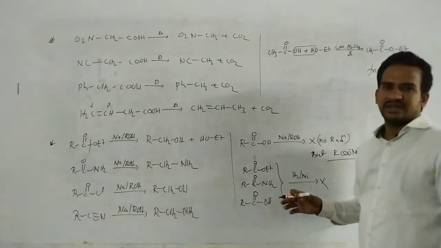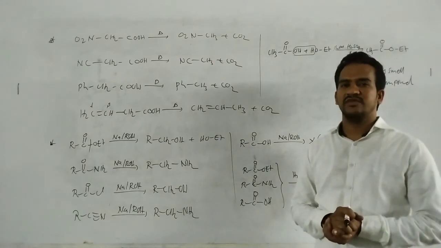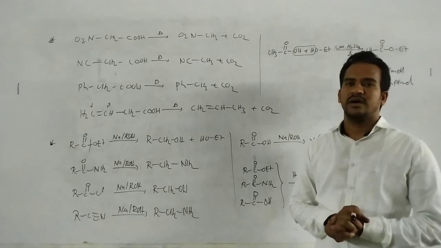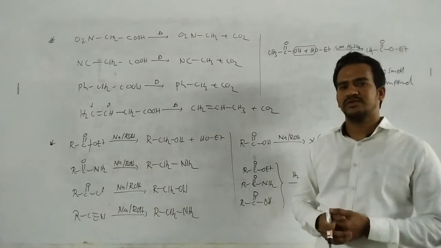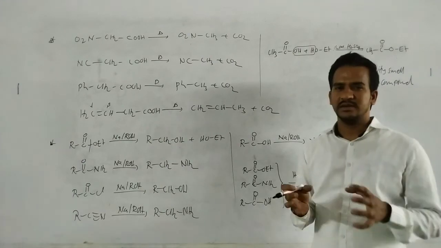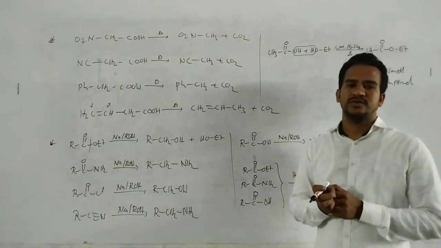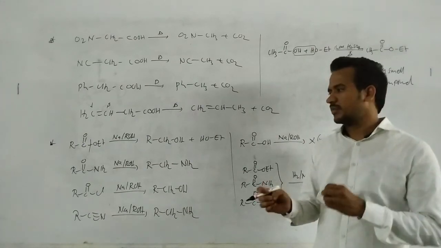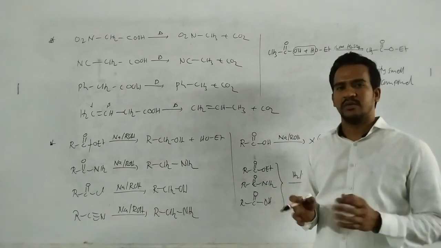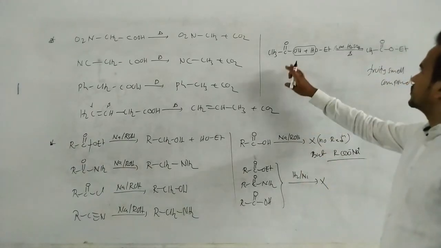So actually, in these reduction reactions there are so many reagents, so it's very difficult to remember. Just read and read a number of times and we can remember those reduction reactions. That means depending on the reagent, the reduction reactions of compounds change. So by reading again and again we can remember all those reactions. That is the only point. Okay, you can make it as a note.